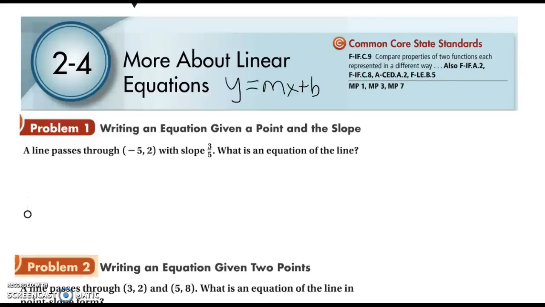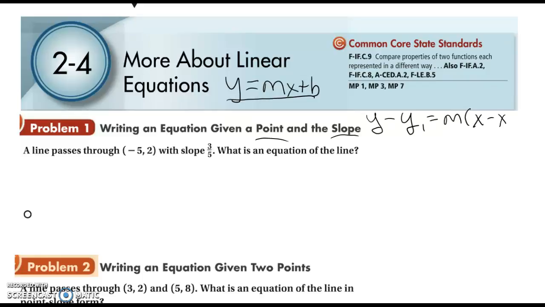Hello, this is section 2.4, and we're going to talk more about linear equations. Now, this linear equation model is slope-intercept form, and you should be pretty comfortable with it. We're now going to learn a new form called point-slope form, and you want to write this down next to problem 1. Point-slope form is y minus the y-coordinate equals